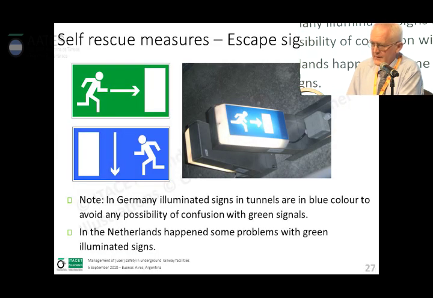Another important thing is, of course, are the escape signs or the light in general. So there are different versions of them. Just a little note on the color. Some have blue lights or blue signs as well to indicate them in order to avoid any confusion with the green lights for the train drivers. But this is a minor issue.